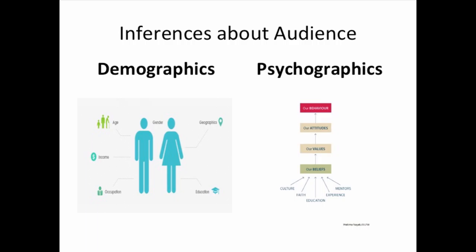So then we would move over to psychographics and we'd start asking ourselves, well, what are the attitudes? What are the values, the beliefs? Ultimately, their behaviors, because we probably will be asking a behavior from them, whether it's even just to accept our claims, whether it's to actually go out and do something about the problem, whatever. So what are some values or beliefs that you think 18 to 22-year-olds might hold? And this is where we start getting into those inferences and potential stereotypes.